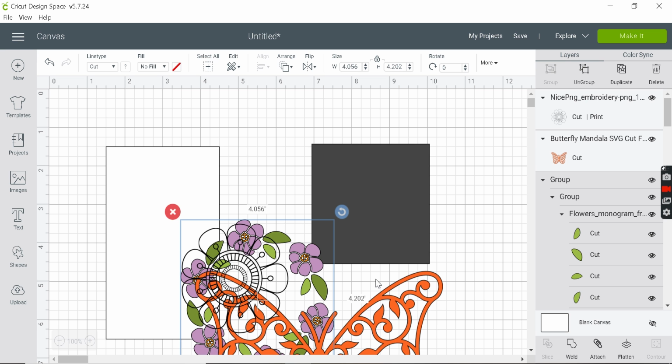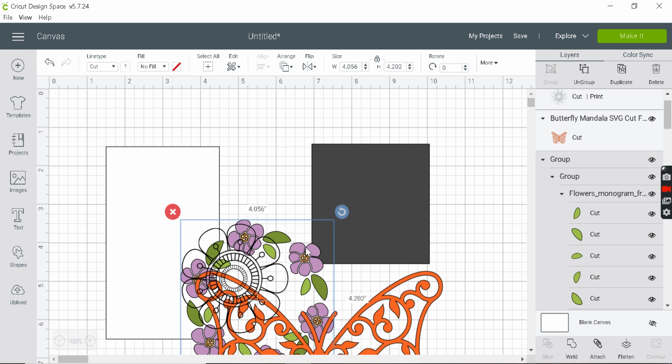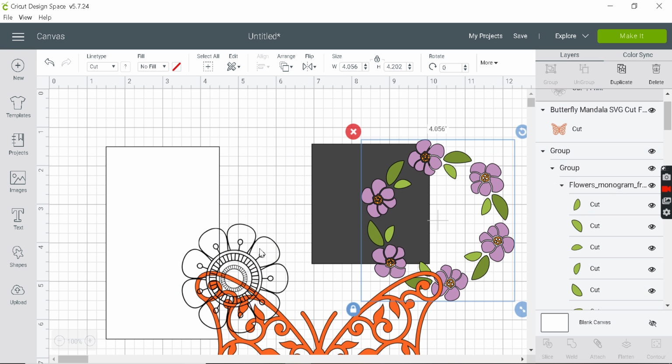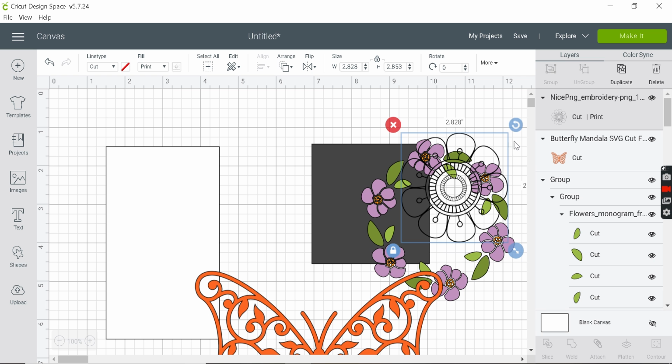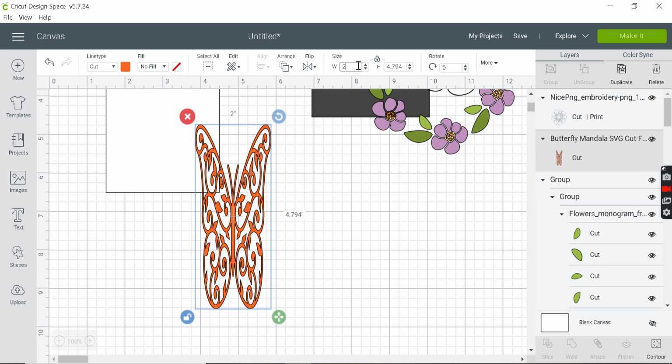So the first design I'm going to take is the butterfly. Since my stencil size itself is 3x5, I would like to work with something smaller. So I'm going to go with, say, 2 inches. Oops, sorry.